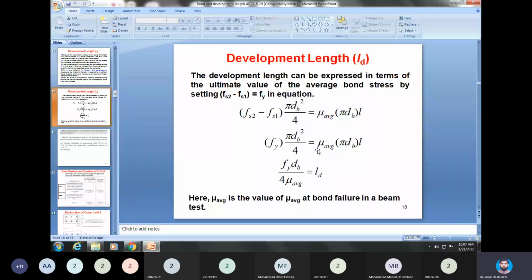So slide number 18 describes that in this way we can estimate that minimum length required. It is proportional to steel grade and diameter of the bar, and inversely proportional to mu average, and mu average has a relationship with the square root of Fc prime. So LD is actually inversely proportional to the square root of Fc prime. So from this, now we want to